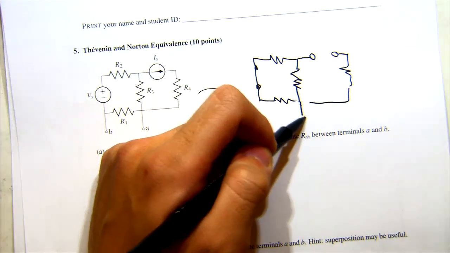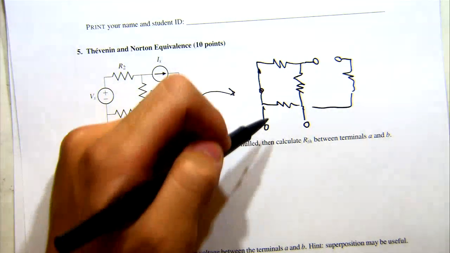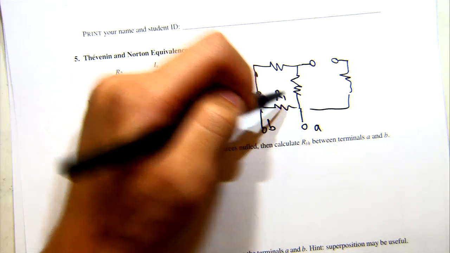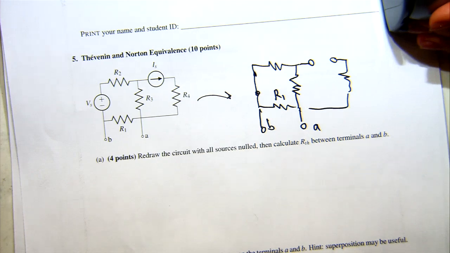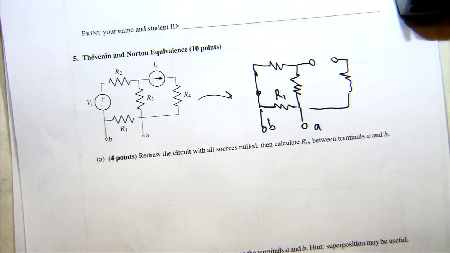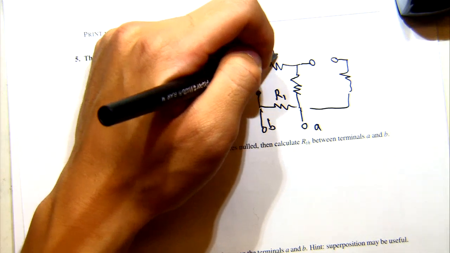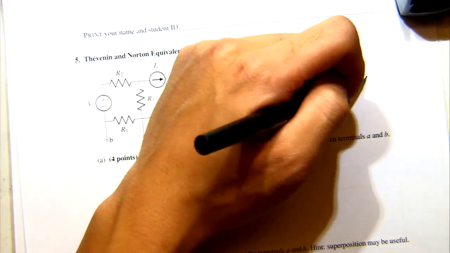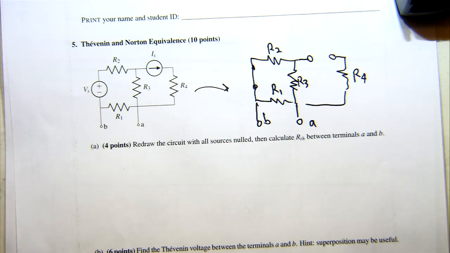And then we can draw in the terminals A and B, because these are where we'll be looking at the equivalent resistance. All right. So, if we're looking for the equivalent resistance here, there's a few things that we want to start looking for, which is, can we combine resistors in series, or can we combine them in parallel? Are there any that you guys know are in series or parallel in this configuration?